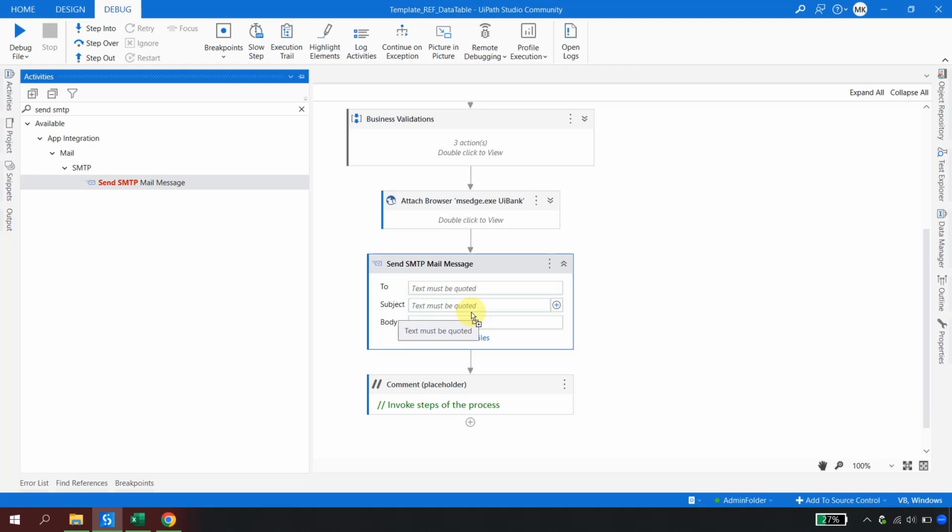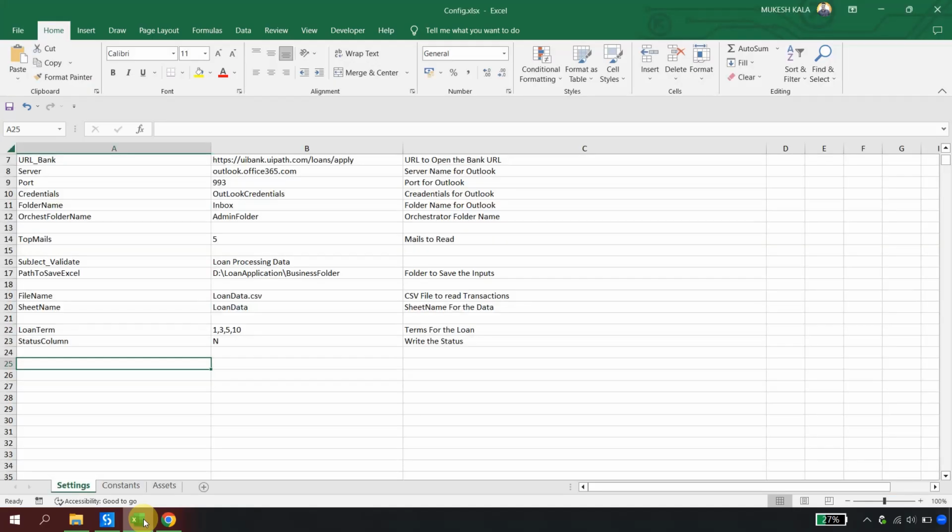Okay. Now this activity is asking me: whom do you want to send the email to, what should be the subject, what should be the body, and which file should I attach, right? As you are comfortable now with this automation, you understood that all these things would be kept in the configuration, right? So I'll go back to my automation, and in here I'll simply go and create keys